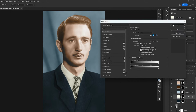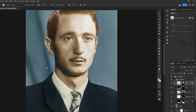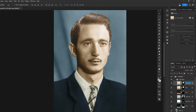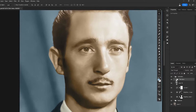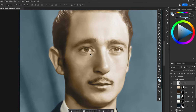Feel free to go back and forth in order to polish results and make them look as good as they can. You don't need to get stuck looking for perfection, just make them fairly accurate and as good as you possibly can. And after it's done, it's time for the finishing touches and the most important and fun part of the process, adding details. For this, all you need to do is create a new layer and change the blending mode